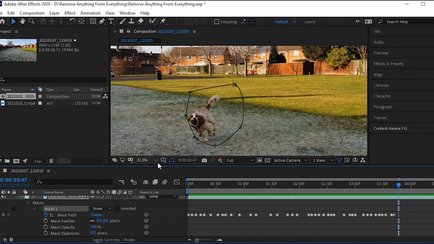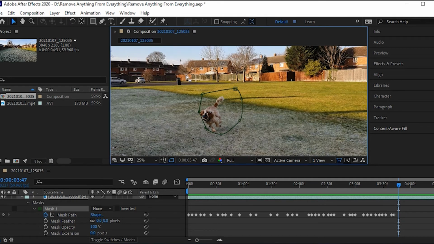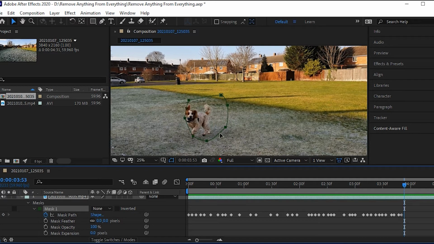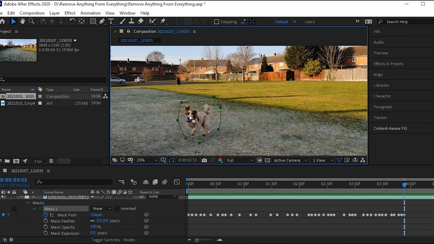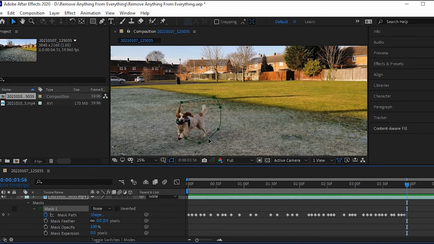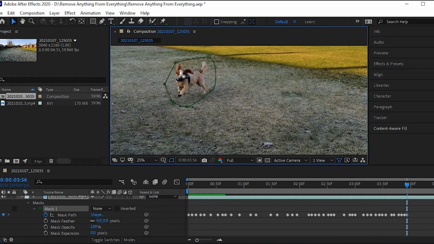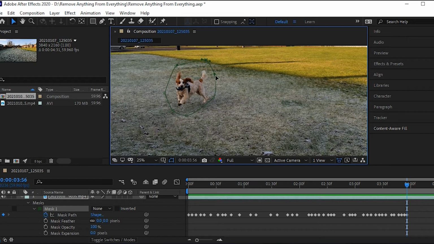I'm going to just bring this down to 25%, and I'm going to select this mask entirely and just move it forward again. And I'm going to move it forward again, and again, because now she's watching me. She's looking at me, going, look at me, I've got a ball. Okay, and I'm going to just move this out here, and I'm going to move that there, like so, and I'm going to shift that up, and shift that out. So we've almost got ourselves a circle.